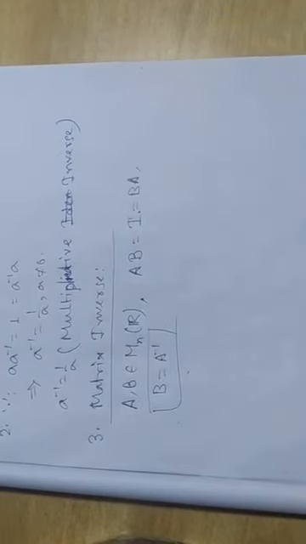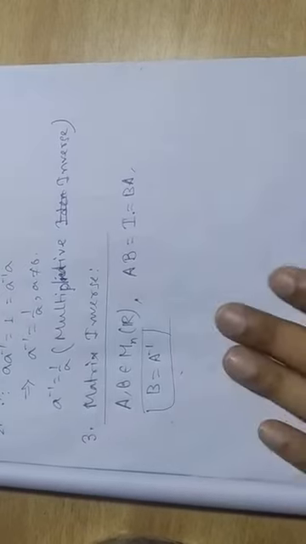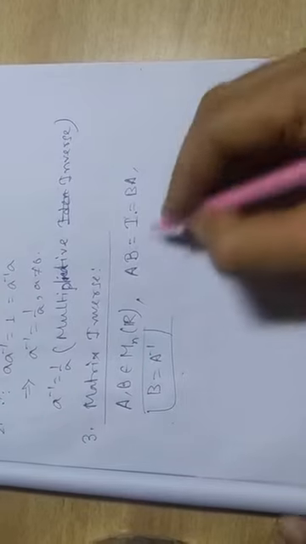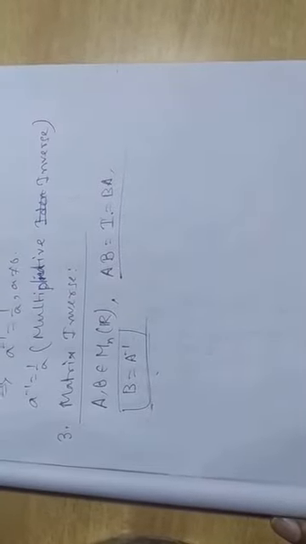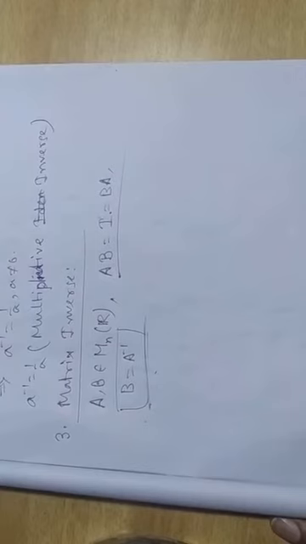What we calculate by adjoint A over determinant A, what is the adjoint formula for inverse? It is some formula, it is not the definition. The definition is this, where we say that since matrix multiplication is a binary operation, and in case of matrix multiplication the identity element is I, if we can find some matrix B for each matrix A such that this is happening, then we can say B is nothing but the inverse of A. So this is the definition for matrix inverse. Clearly, by the formula we realize that this inverse will exist only for non-singular matrices.